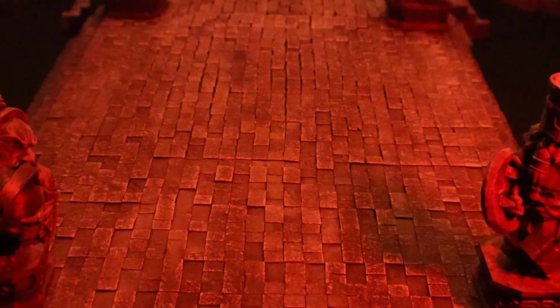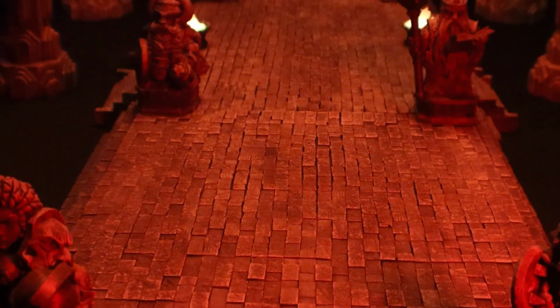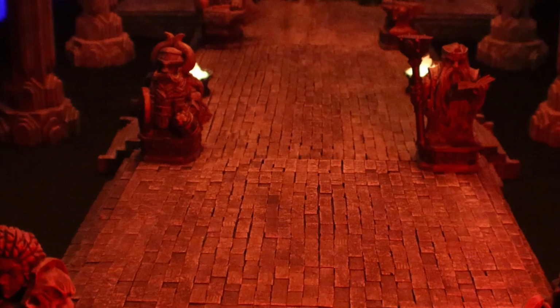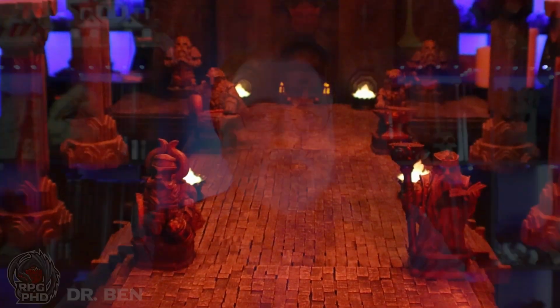Complexity. Using terrain and miniatures can add additional complexity to the game, which may be overwhelming for new players or those who prefer a more streamlined experience. Overall, map and miniature style of play is a great option for players and dungeon masters looking to create a more structured, organized, and visually engaging gaming experience for their players. It can provide a more realistic and immersive environment while also providing a visual representation of the game world, which can be useful for players and the dungeon master alike.